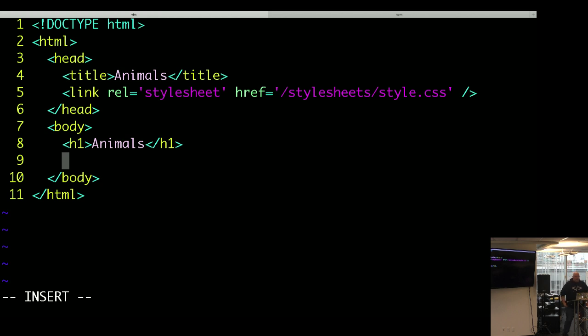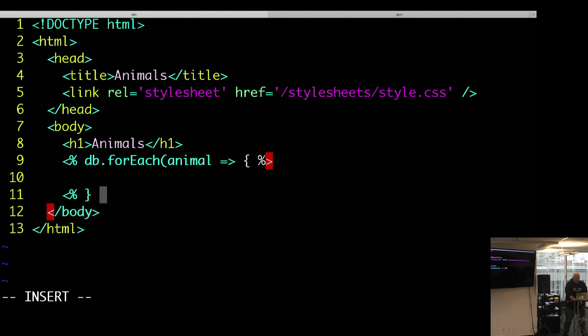So I want to loop over that list and show animals. There we go. For each. For each is going to loop over, and I have a callback function where each animal is going to go in there. And so then, for each animal, I'm going to make a div,